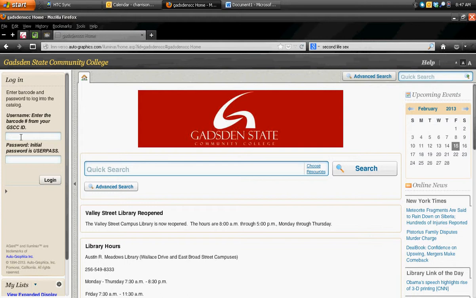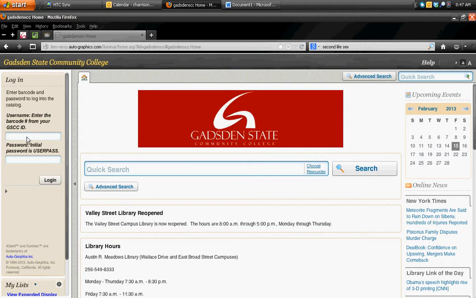You can save the articles that you found. You can save them permanently, save links to them. I'm not going to bother logging in at the moment, but in the library they really suggest that you do this because it allows a bit of permanence. So for example, if you're searching for something and you've got to hurry up and get to class, but you don't have the time to print it out or to save it otherwise, you can just click a few buttons and come back to it later, and what you've looked for will still be there.